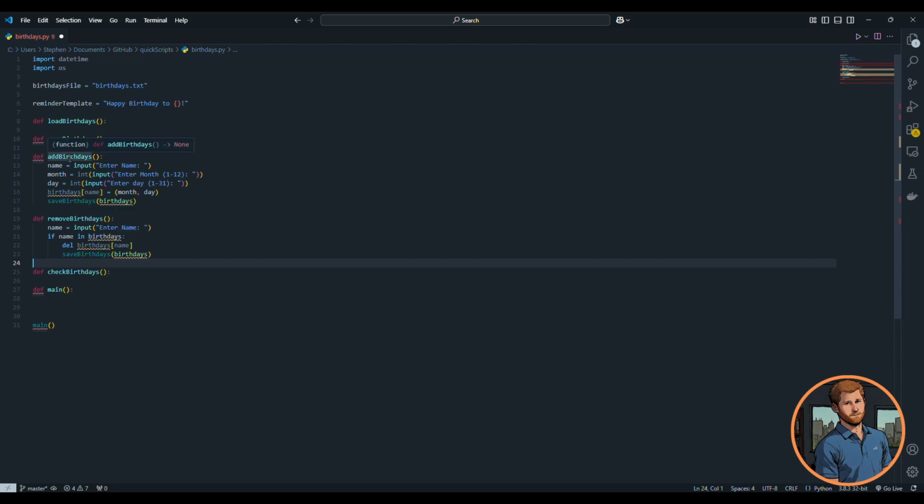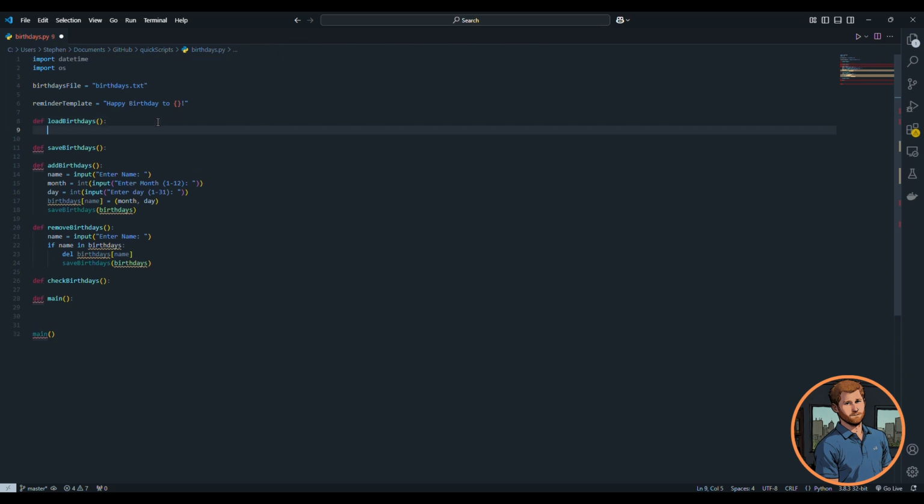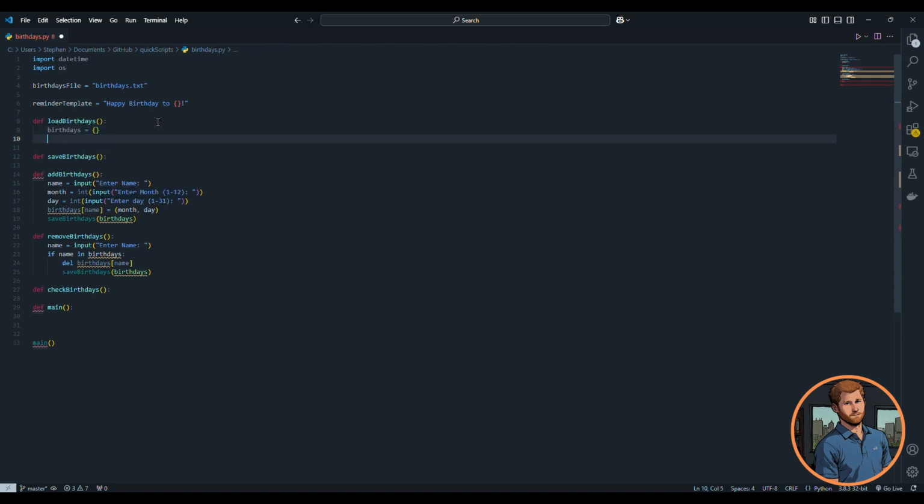Now, we've got our add, we've got our remove. Let's look at our save and our load. So, the first thing it does when this opens up is it's going to load all the birthdays from the birthday file. So, that's where we're going to initialize our birthdays dictionary. So say birthdays equals empty. Perfect. And then we'll try